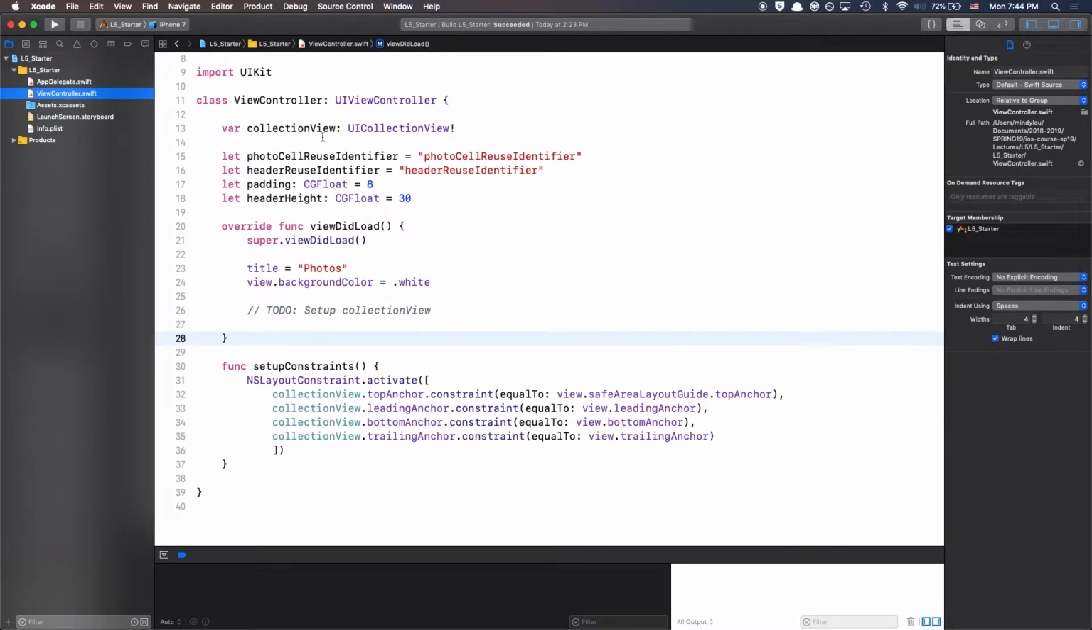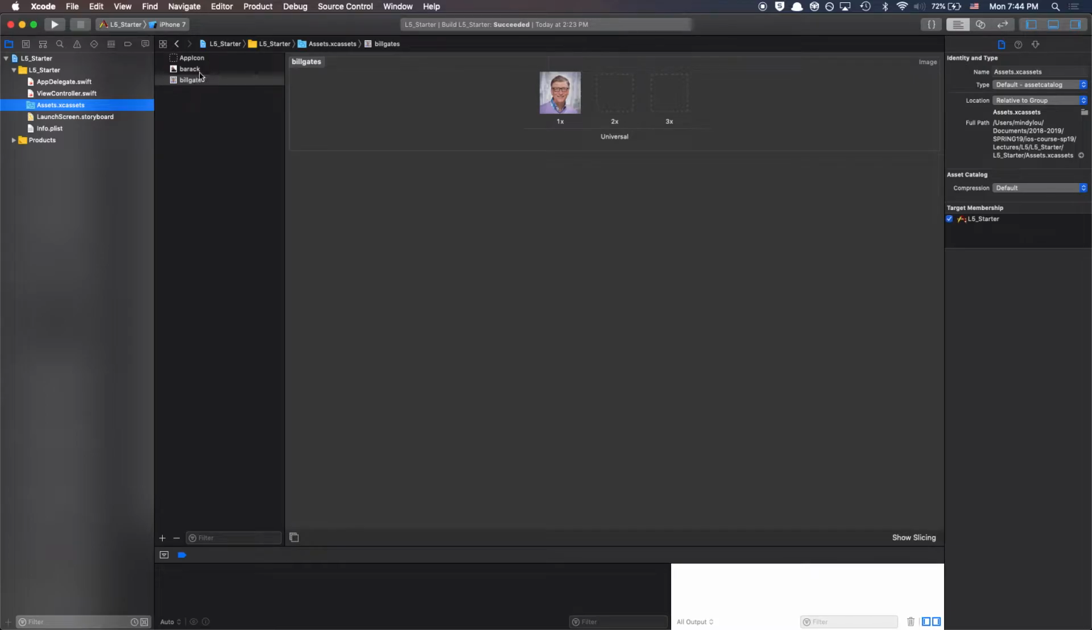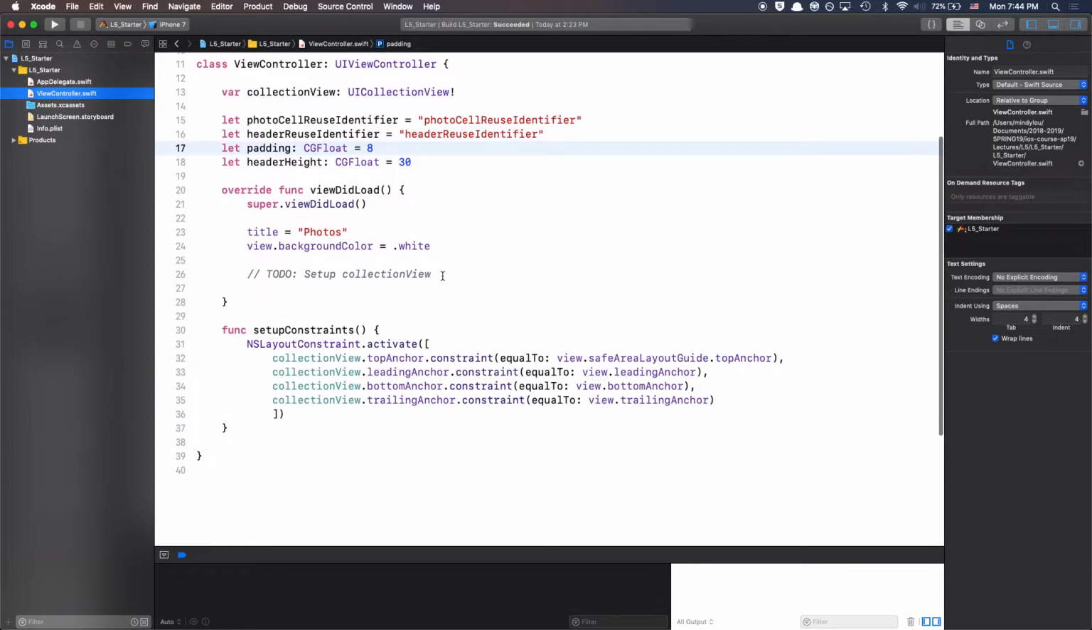Right now it has a collection view, but we haven't created it yet. And then we have specified our different reuse identifiers that we're going to be using. So just like in table views, we have to assign a cell reuse identifier. And then for the padding and the header height, we've just set up some constants in our code so that we know the specific size. And also in our assets, I've already included Barack and Bill Gates as images so that we can access them later in our collection view. So first, let's start off by creating our